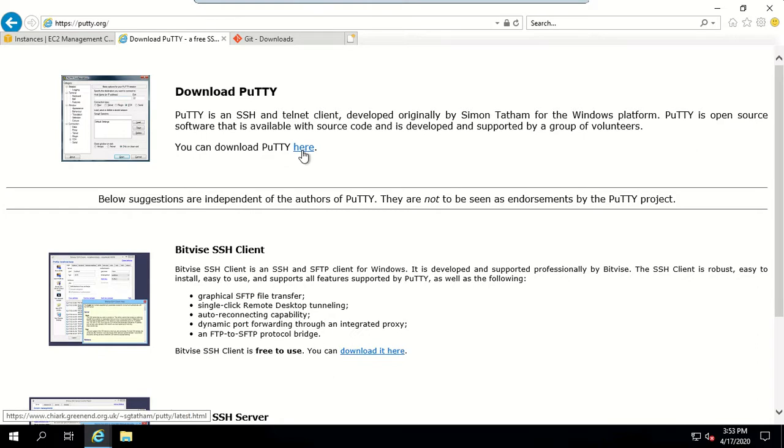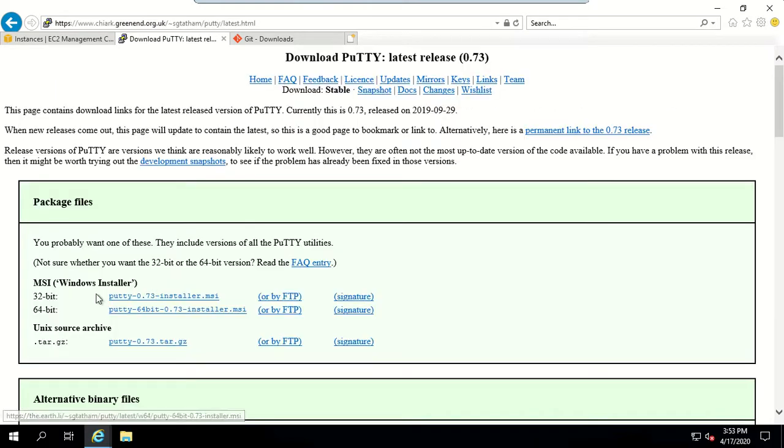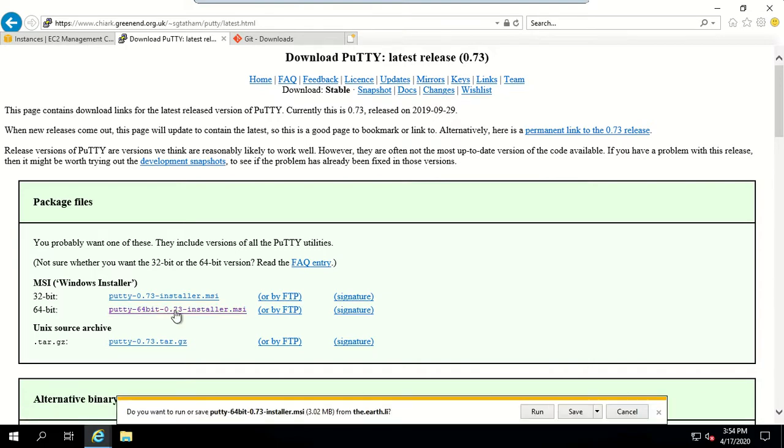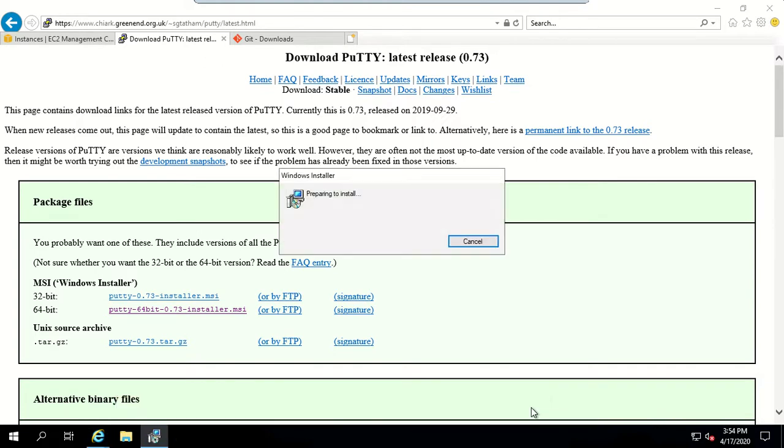Click on download PuTTY from here and you will need to download the Windows installer. Now depending on the architecture you can download. My architecture is 64-bit, so I will download this file and run it. That is, I'm going to install this on my machine. So wait for this to complete the installation.